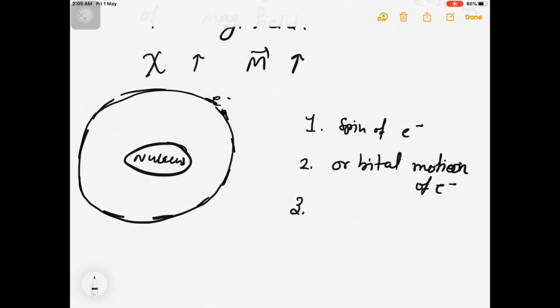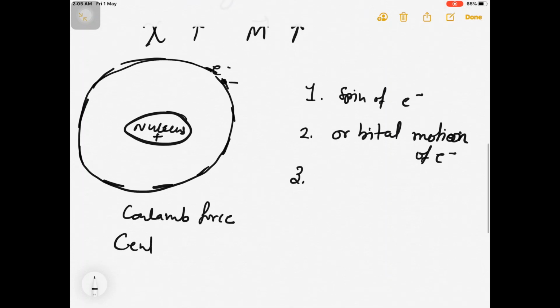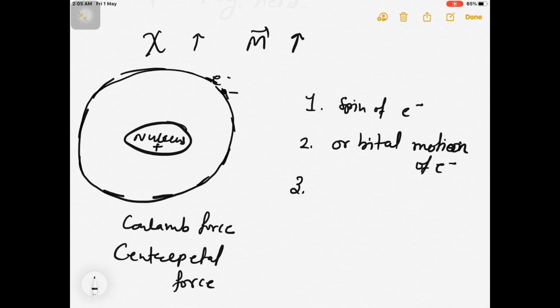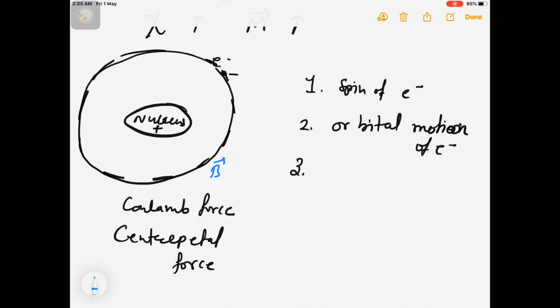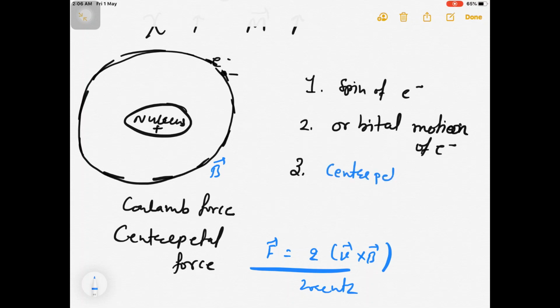And the third effect is due to the external magnetic field. As we know, the nucleus has positive charge and the electron has negative charge, so the Coulomb force between nucleus and electron provides the centripetal force to the electron for moving around the nucleus, that is, for circular motion. But when we put this atom in an external magnetic field B vector, in that case the electron experiences the Lorentz force too, and the Lorentz force is nothing but q v vector cross B vector. And due to the Lorentz force, the centripetal force